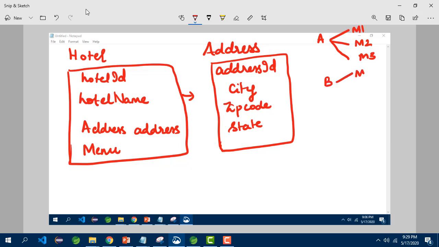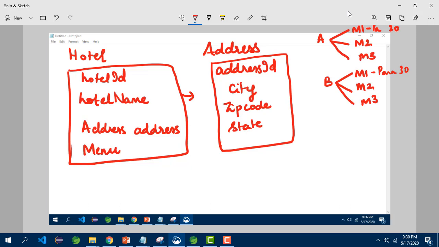Hotel B having menu 1, menu 2, menu 3. Though the menu name is same, in this case there will be a confusion whether it is many-to-many or one-to-many. Here if you see, the menu names are same. Though the menu names are same, rest of the things related to the menu, maybe the price is different. Say for example, in case of hotel A, I have M1 as paratha, and here also I am having M1 as paratha. But what about the price? Maybe the price here is 20, the price here is 30. So we cannot have the same menu M1 in hotel B also. So we are having them as distinct, different items or distinct items.